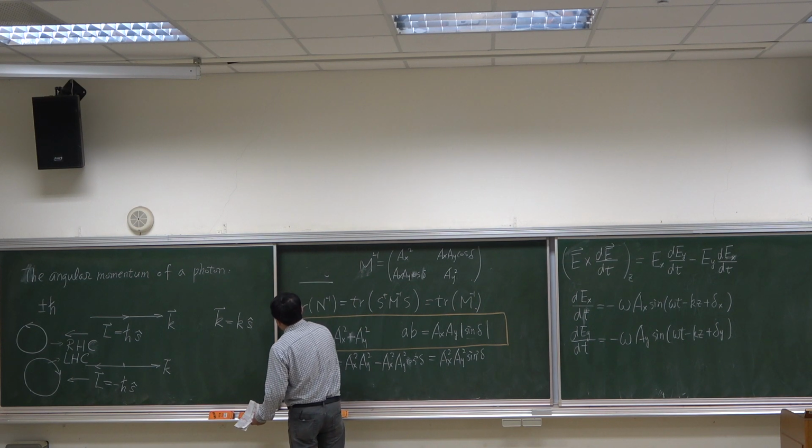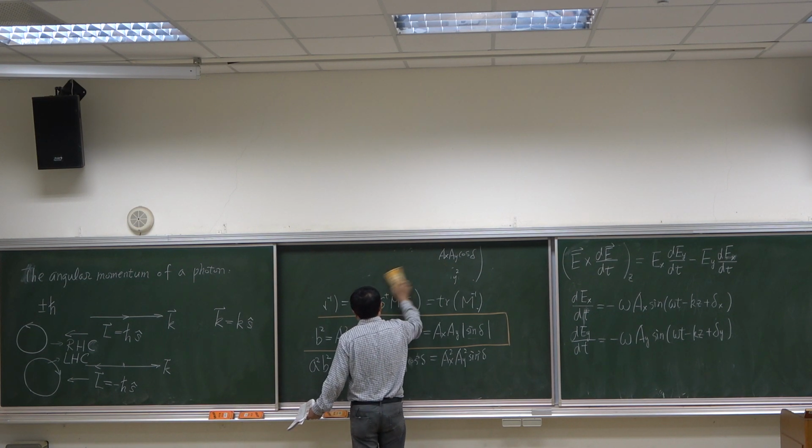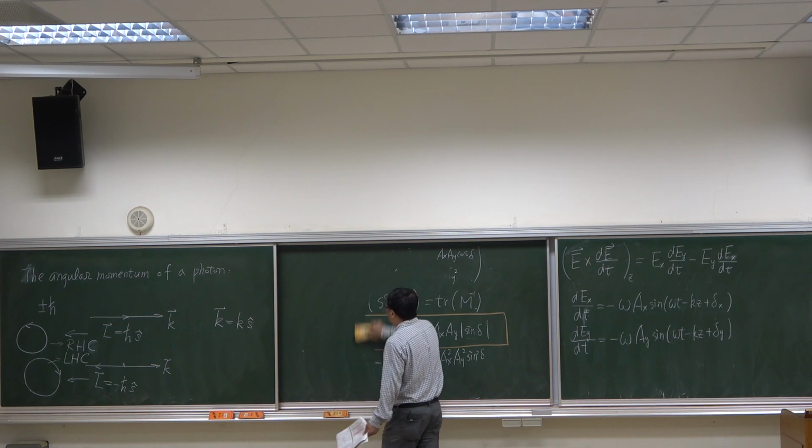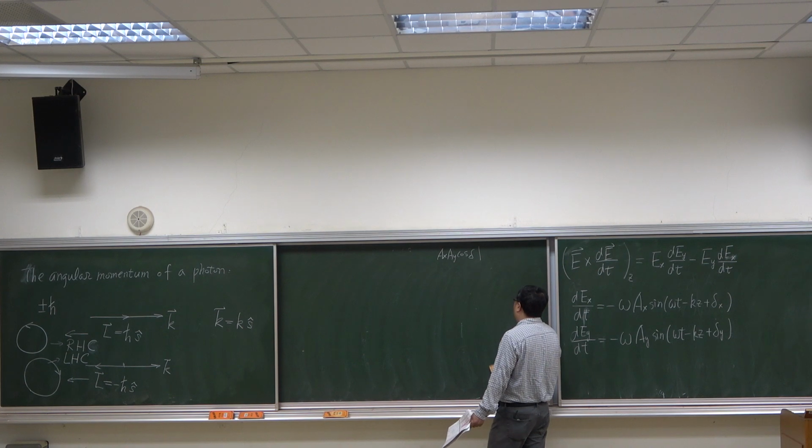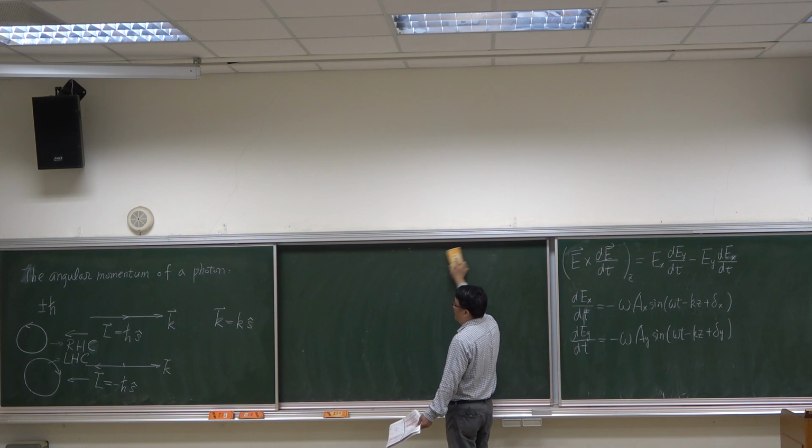specific examples. In general, we have an elliptically polarized light, and in some special cases, we may have circularly polarized light and